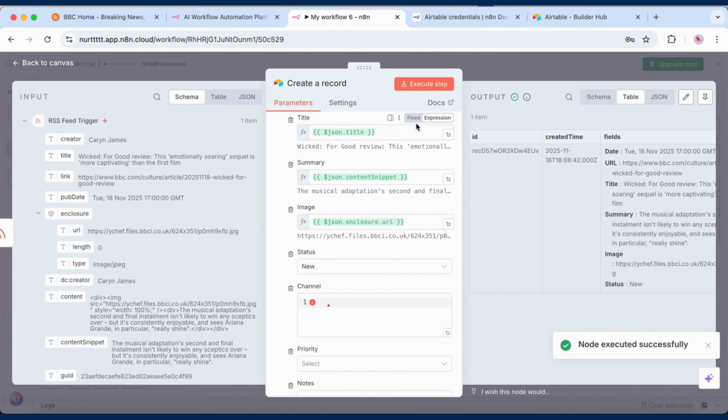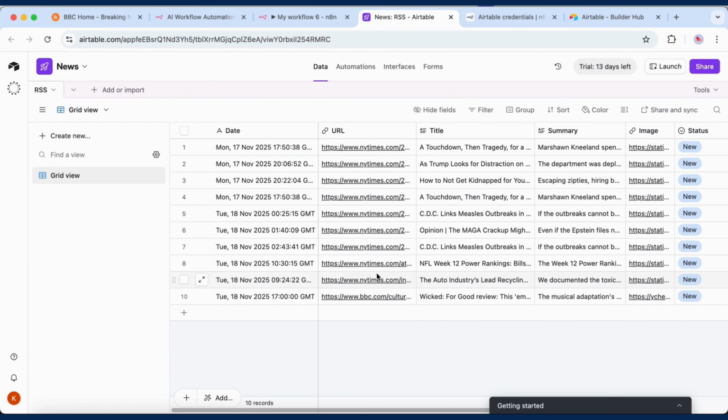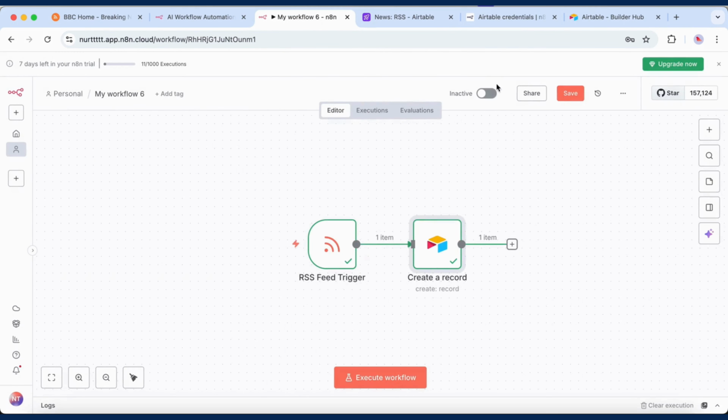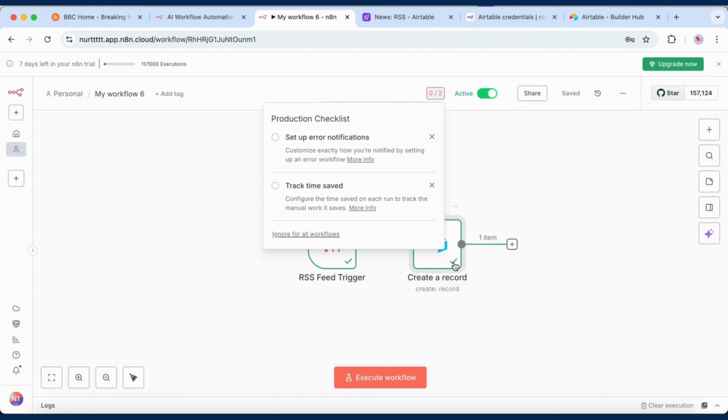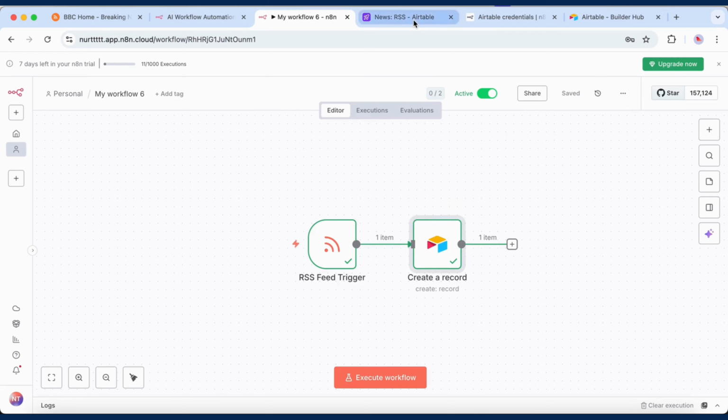You should immediately see new test data appear in your Airtable base. Once everything looks correct, toggle the workflow switch from inactive to active. Now, every time a new item is found in your RSS feed, n8n will automatically add it as a new